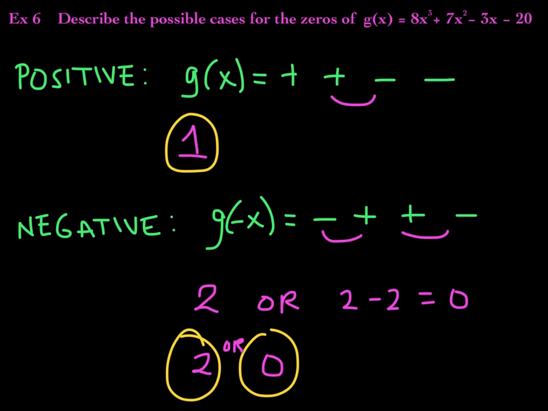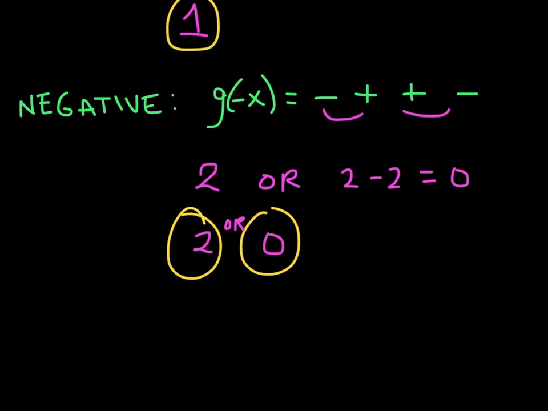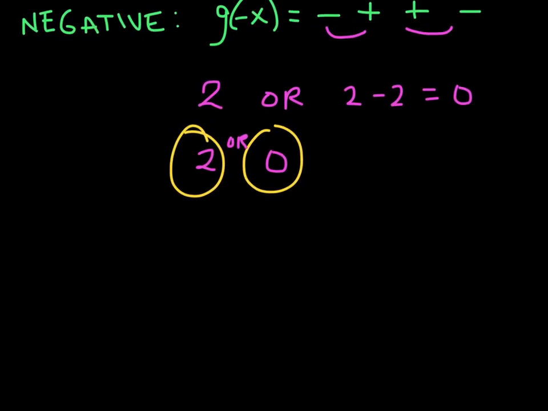Now, before I scroll down to create more room, I want you to notice that the degree of this function is 3, okay? That means you have 3 zeros all together. All right, here we go. Now,